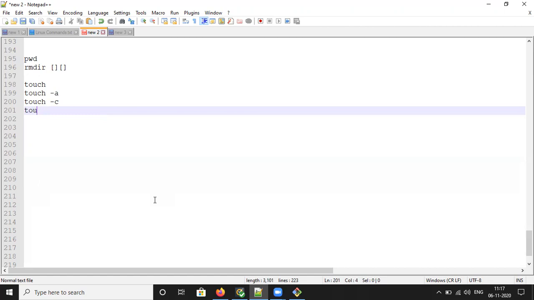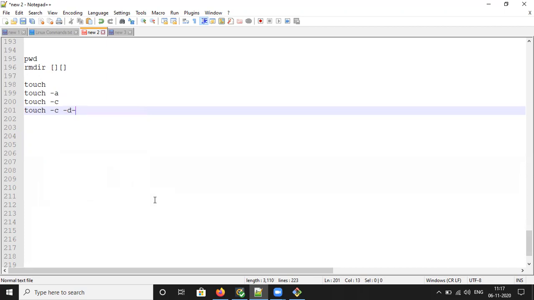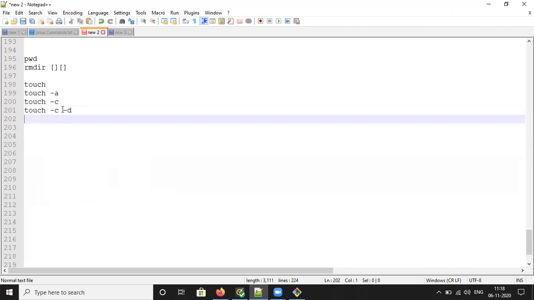Touch -c -d, what will it do? It will update the access and modification time. And one more, touch -m.